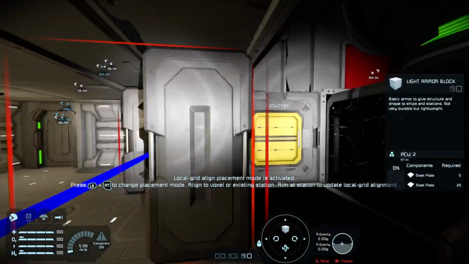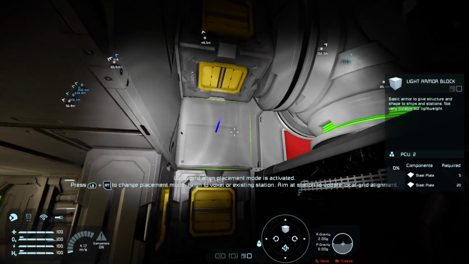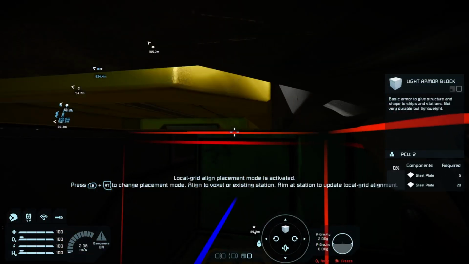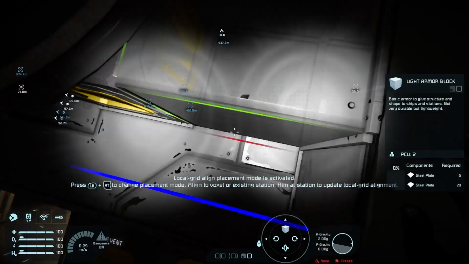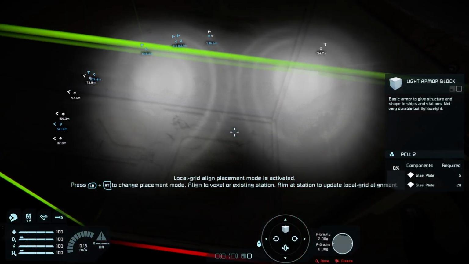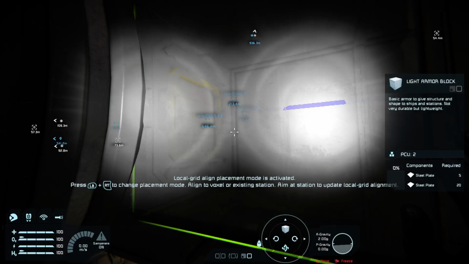We want to create a closed oxygen system before we do anything else. But also, if you're going to use this ship at any point, you want to make sure you can still make it function.